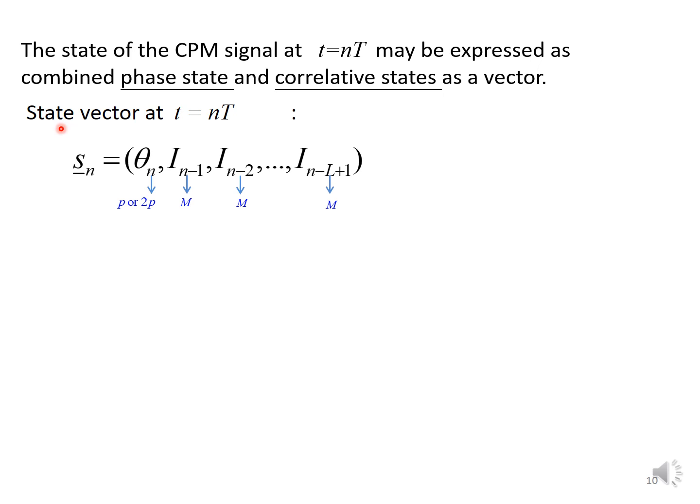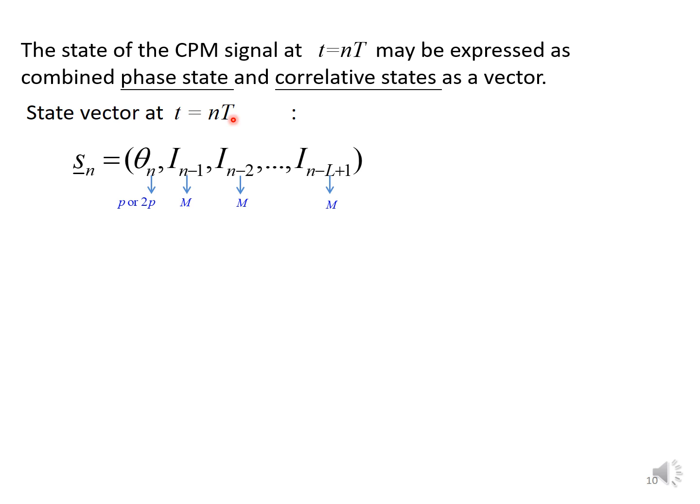The state of the signal at t can be expressed by a vector. When the time comes to t equal to nT, we have a sequence of received signal, and